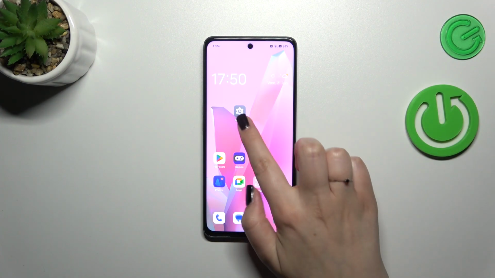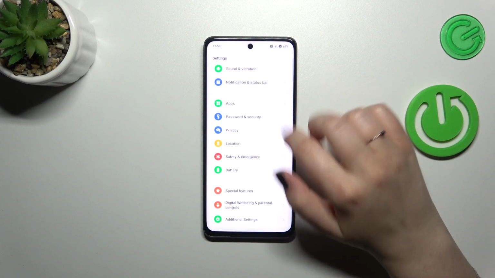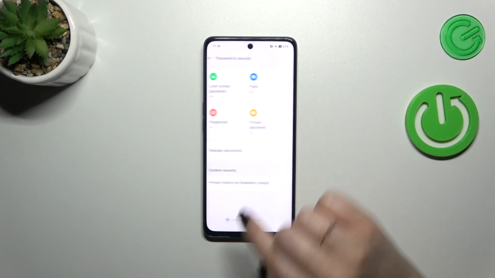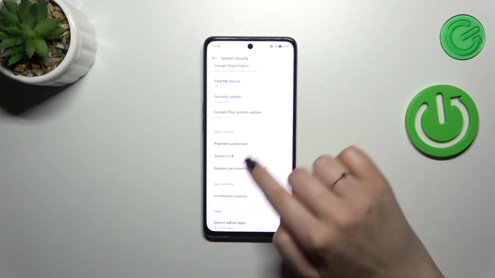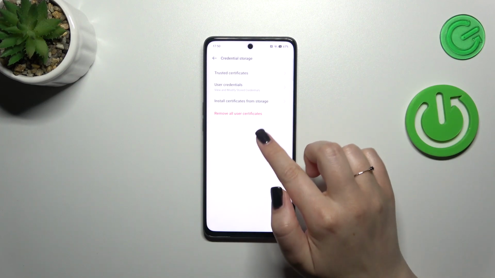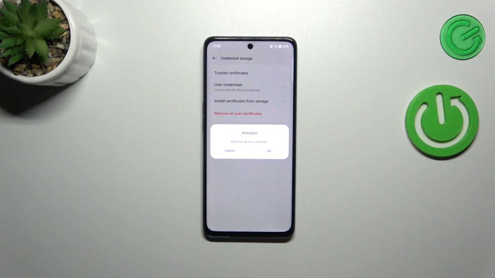So first of all we have to enter the settings and then let's scroll to find password and security. Now let's tap on system security and here let's scroll in order to find credential storage. As you can see at the very bottom, we've got the option we're looking for, so let's simply tap on